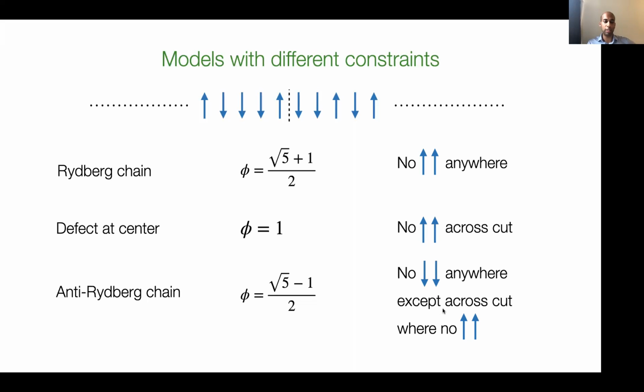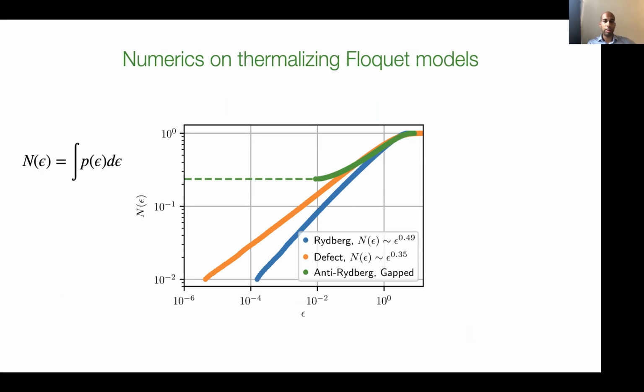So now you can actually construct local models and do numerics on this to see if excited eigenstates of these models do show these interesting entanglement structures. We chose Floquet models just for convenience. You could consider Hamiltonian models too. So if you look at three different Floquet models with those three different constraint structures, and look at states in the middle, quasi-energy states, which are high up,